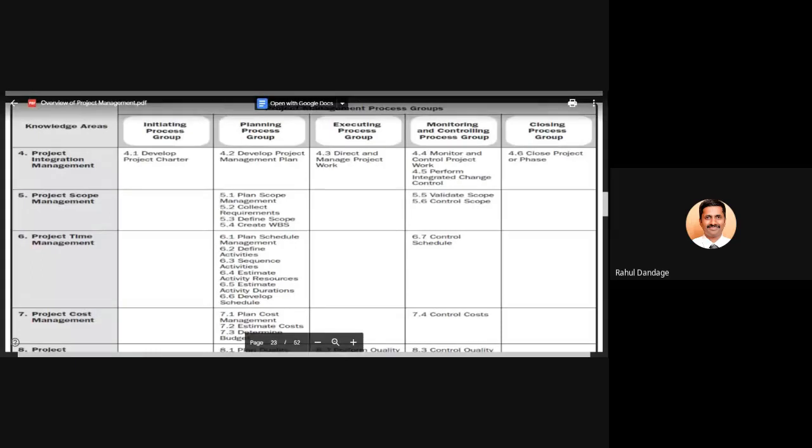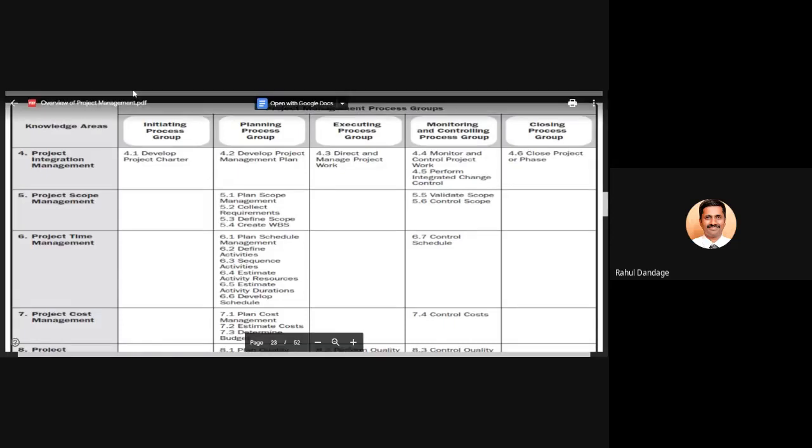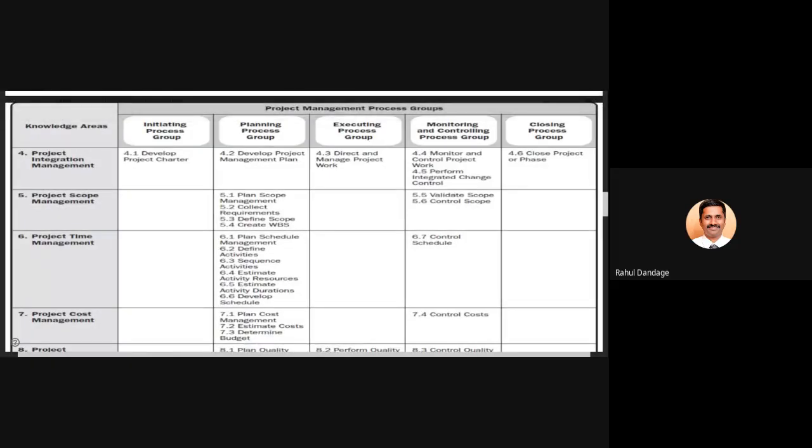So this is our today's discussion. We have discussed basically the various project management process groups, and we have gone through the various knowledge areas of project management. In total there are 10 knowledge areas. Up to the fourth edition, there were only 9 knowledge areas. Project stakeholder management was introduced for the first time in 2013 in the fifth edition of the Project Management Institute's PMBOK, the Project Management Body of Knowledge handbook.